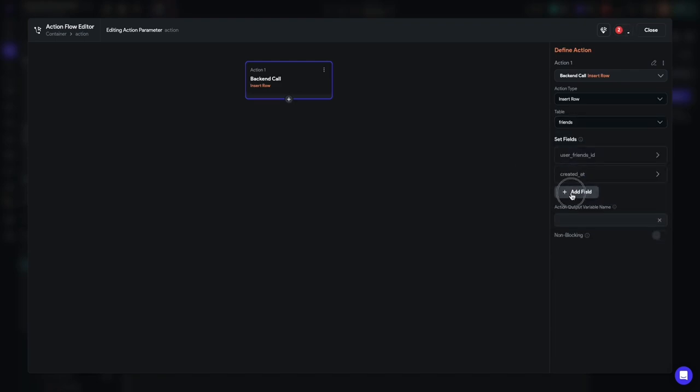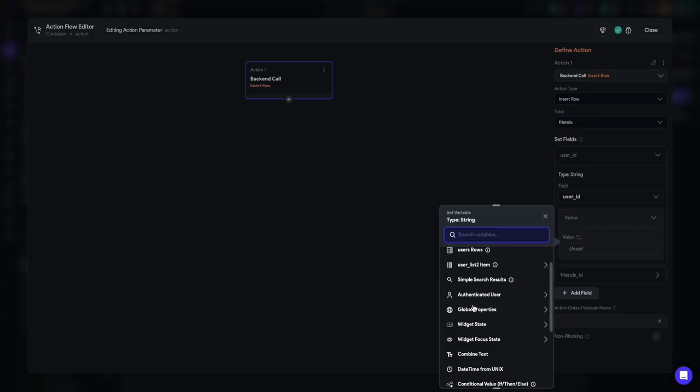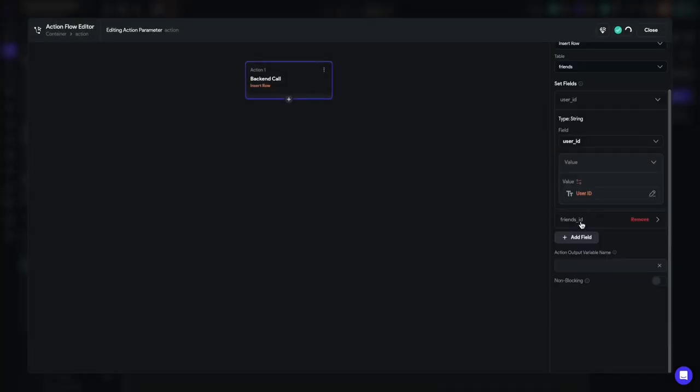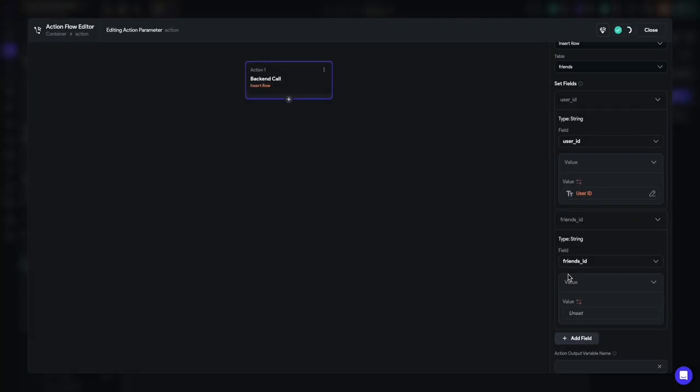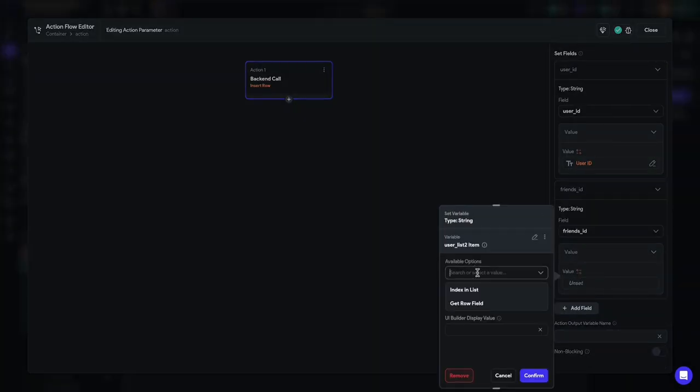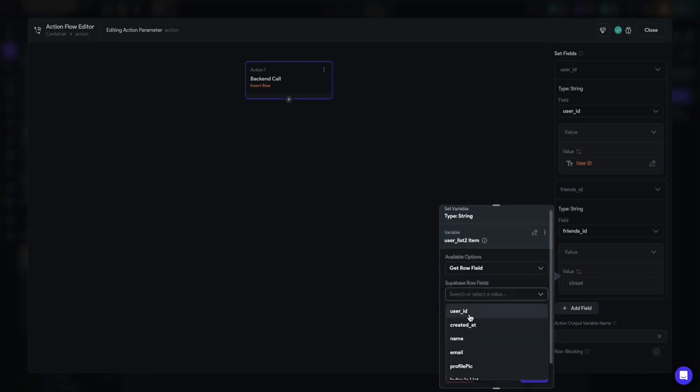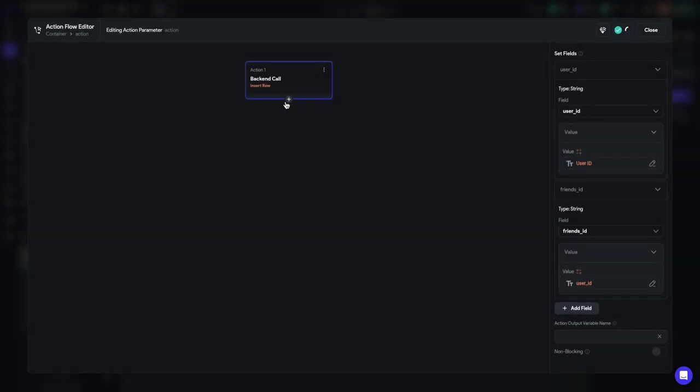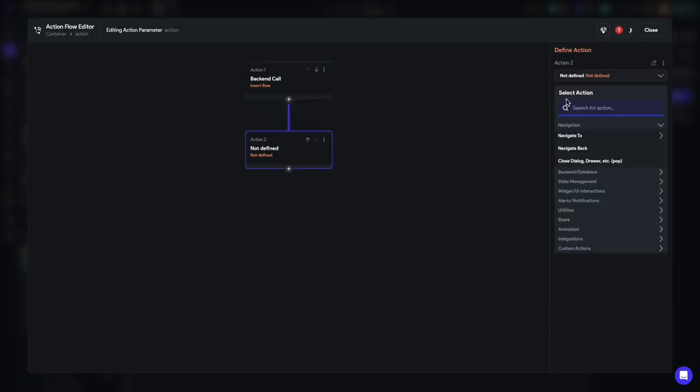Let's just add all the fields as always. The first two will already be made automatically, so we don't need to do anything. What's important is to add the user ID and the friends ID. These are the important parts. The user ID is the authenticated user, and then the friends ID is the friend that we just clicked on. So it's going to be the user list 2 items, and then we need to get row field and the user ID. Perfect. That's the backend updated, and now we do need to add another action just to close, dismiss